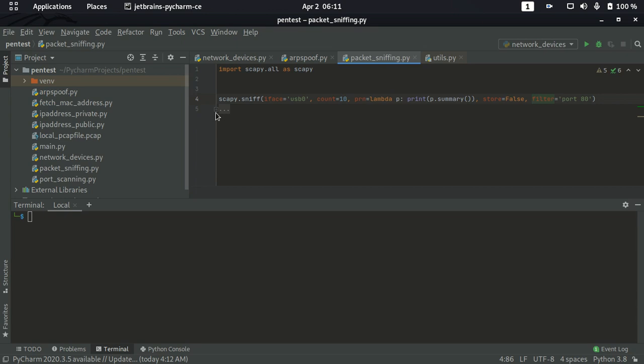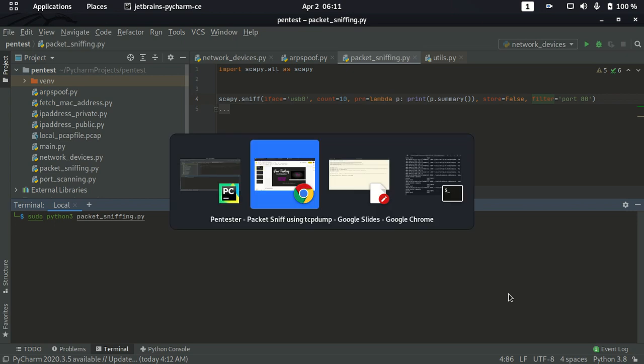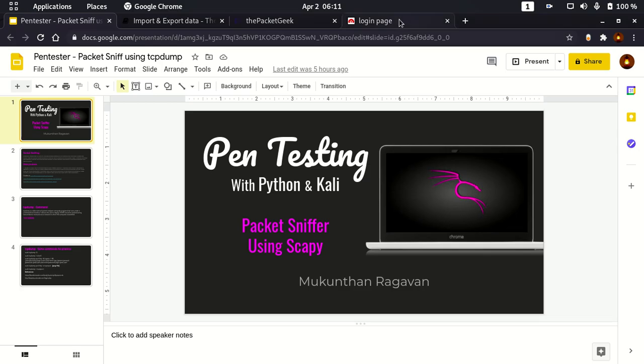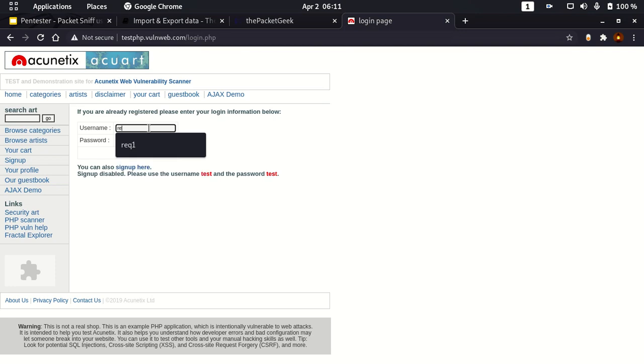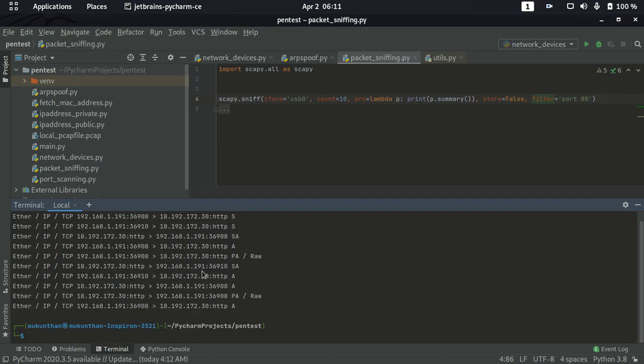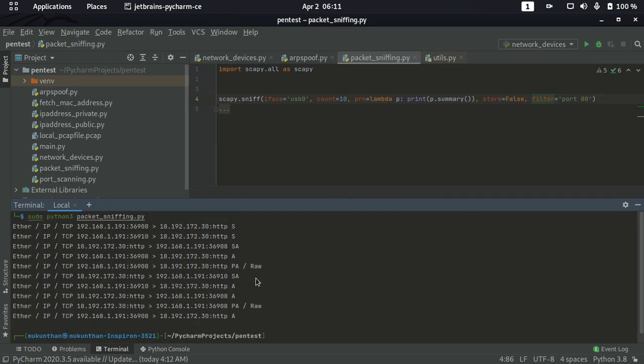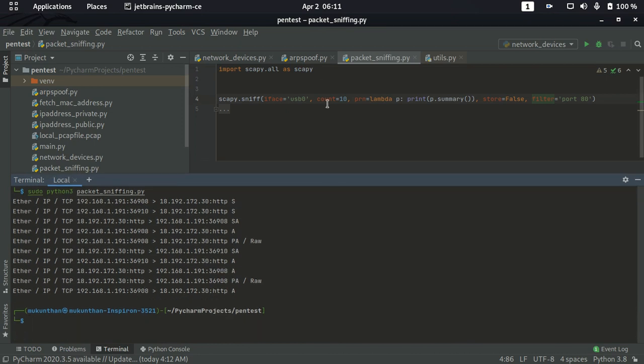At this point we will execute this and see how the output looks. You are not seeing any messages because you are just sniffing at port number 80, and we have not sent any packets to port number 80. For testing purposes we will open a dummy site and send some dummy data. Here you can see the messages. It will be a count of 10 because we have mentioned the maximum count as 10, and you can see only the summary here.